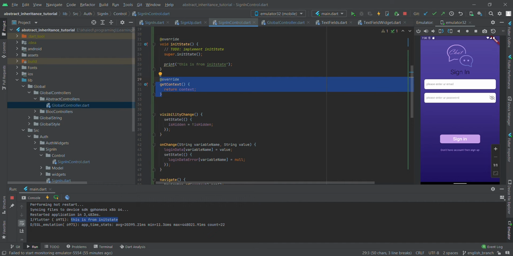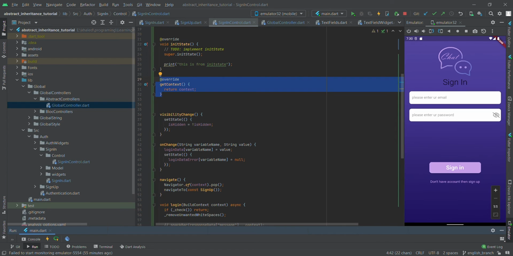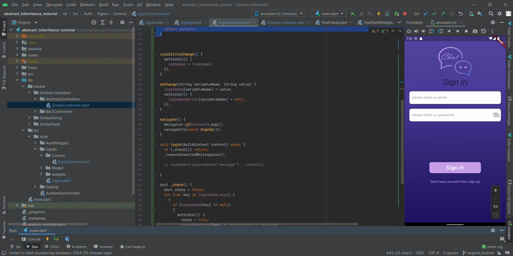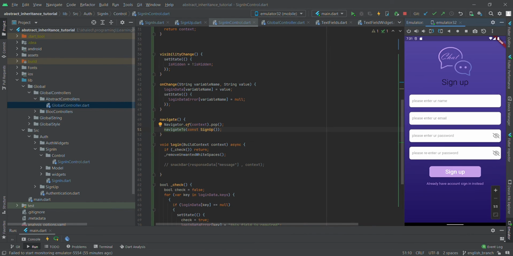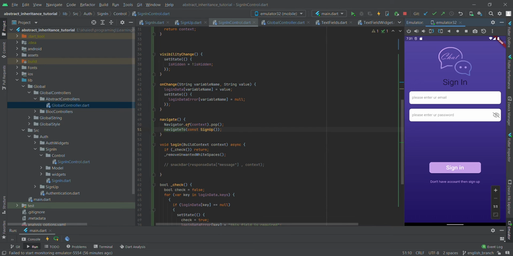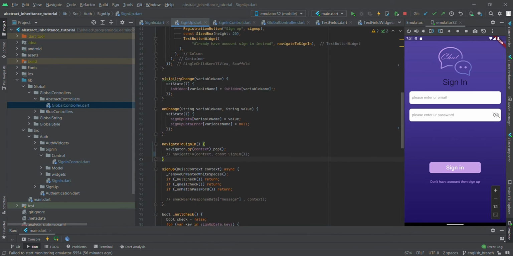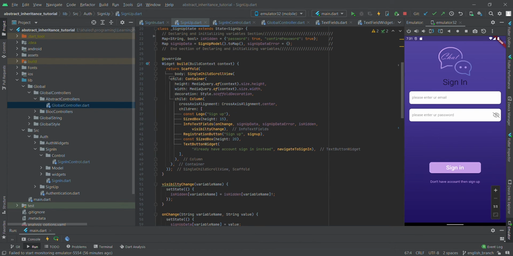And if you don't have an account, I don't know if it's clear here, then go to the sign up screen, let's say. So I am going to navigate to sign up screen with this function, and as you can see, oh, it works fine. This is an error because I just commented this line of code here, so I will fix it right now. And I wanted to show you